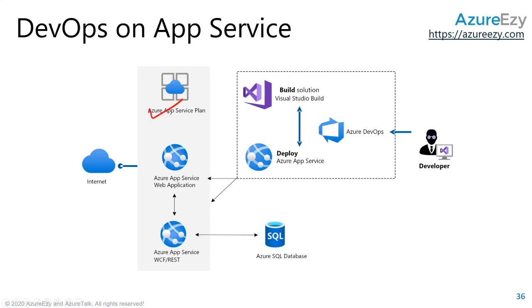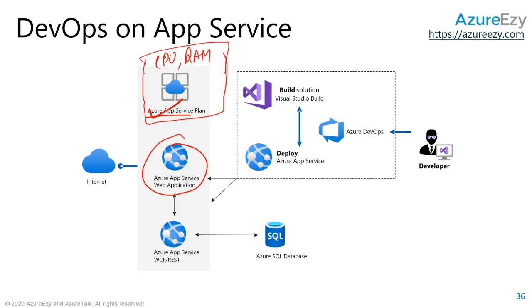Now, when you deploy in Azure App Service, you have this app service plan, which is hosting your app. App service plan has all the resources that you need for hosting the application. App service is a configuration. App service plan is your CPU and RAM. You can think of it like that. You create a CPU and RAM kind of thing, that this much RAM I need, this much CPU I need, and this app service will get that from here, and then you can have another app service which is also using the same CPU or RAM, for reusability,